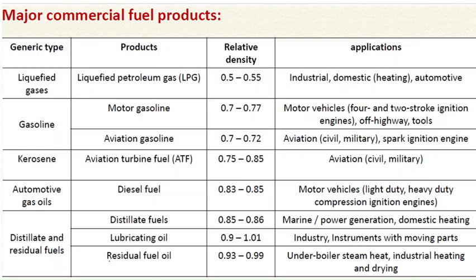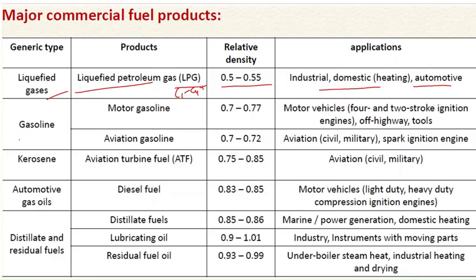Coming on to various major commercial fuel products which we get through these distillation columns. The first one is liquefied gases. As I told, these are from C1 to C4 plus cuts, which consist of LPG. We don't get it directly as LPG. As I told, cold separation of the gases is done, and from there we can get our LPG.